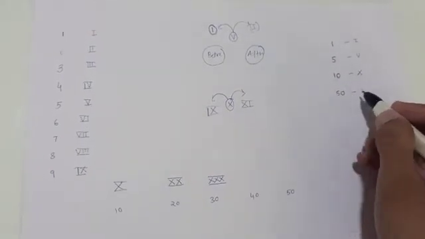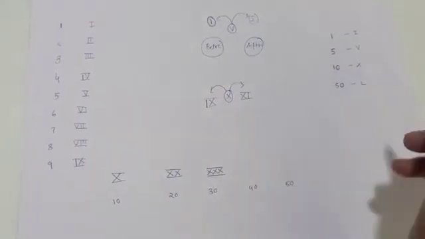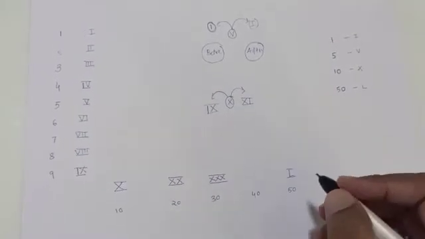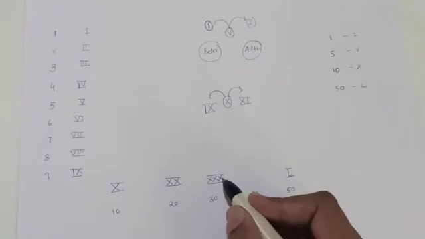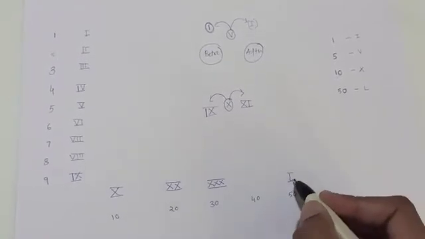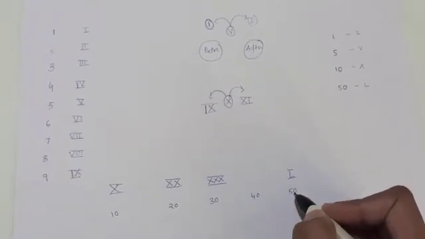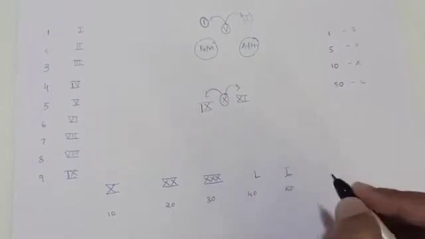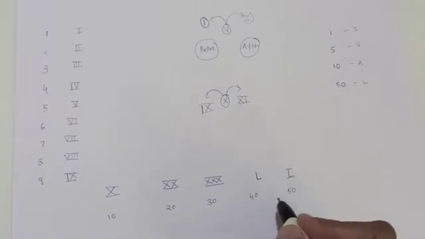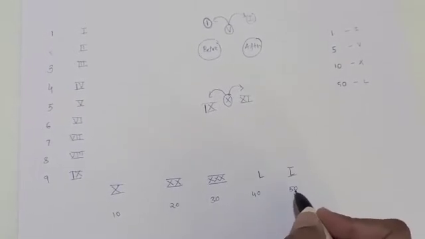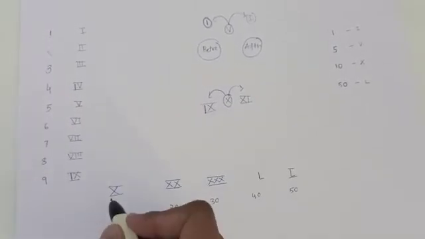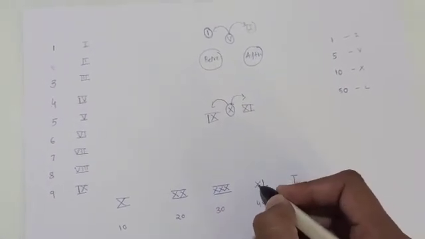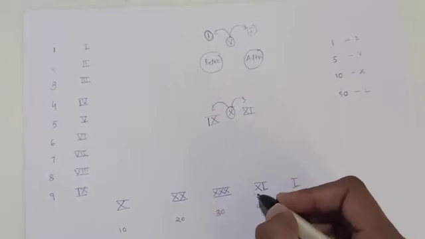But we know here there is a 50 for L, so we write it down here L. And for 40 we cannot write XXXX, but we have to deduct 10 from the 50. So we know the L is for the 50 and we have to cut down, means deduct 10 from the 50, and 10 is an X. So we write it before the number. So this is the before number. Before L, X is XL.